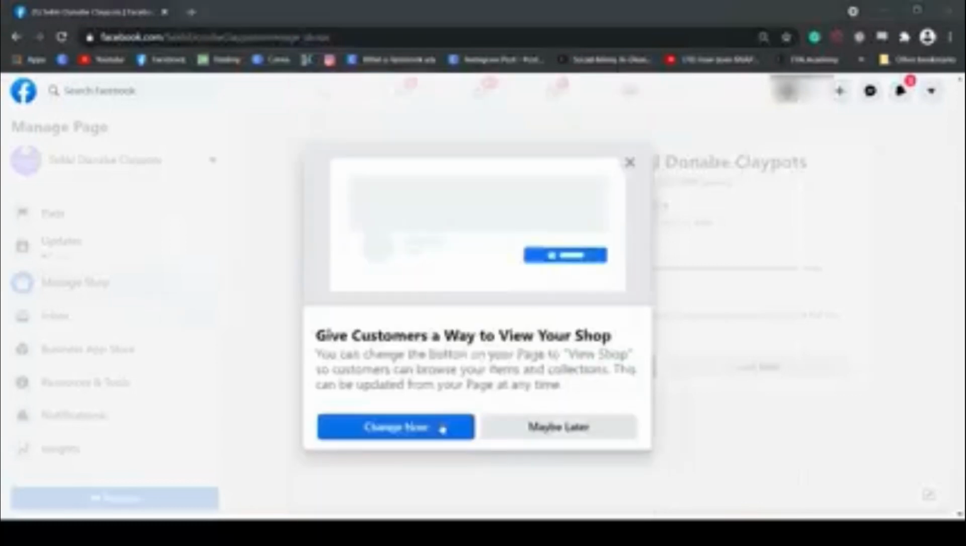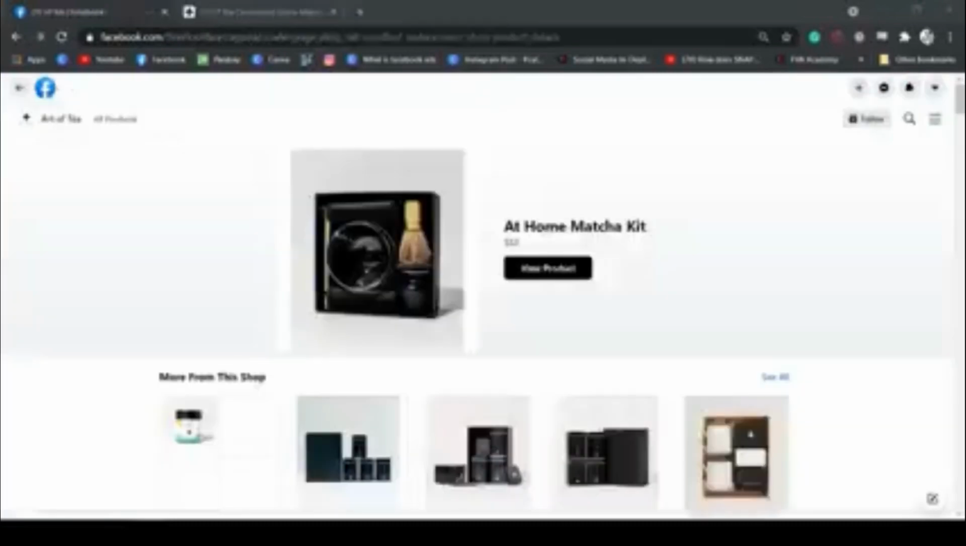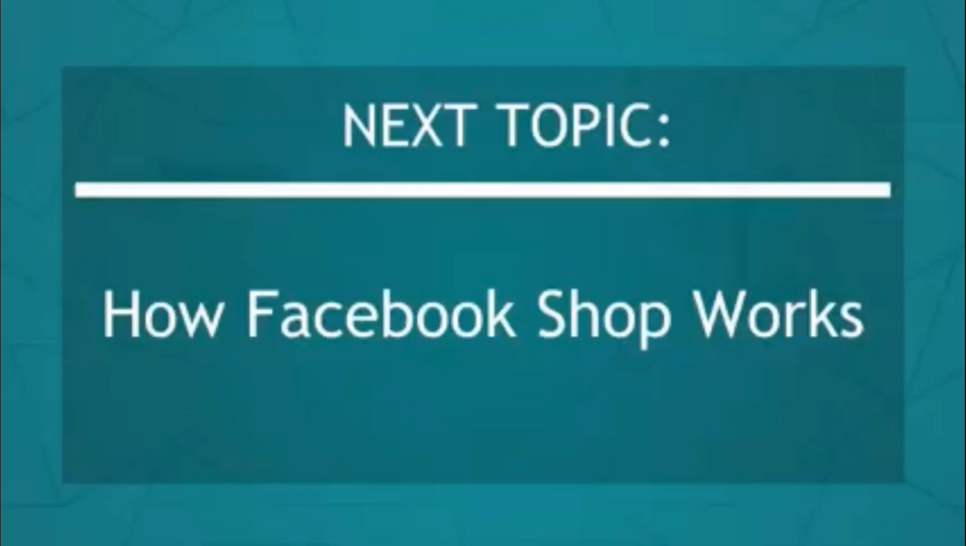You can customize your shop now by changing the button on your page. Change it to View Shop so that your customers can go directly to your shop to browse your items and collections. Now that you know about how to create your Facebook shop, we can now proceed to the next